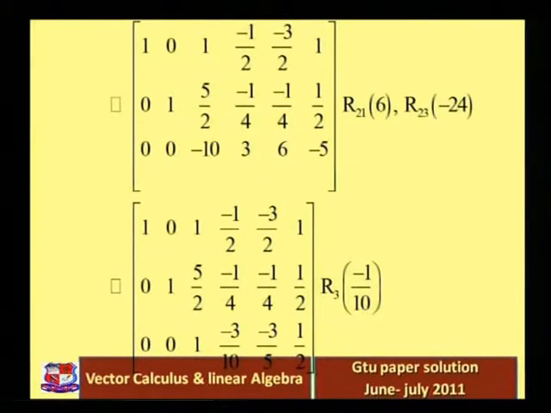So in the next process, for the left hand side matrix to become the identity matrix, we can see that only in the third column we want 0 in the first element and the second element. So we multiply the third row with minus 1 and add into the first row, and multiply the third row with minus 5 by 2 and add into the second row. So that is our next process.